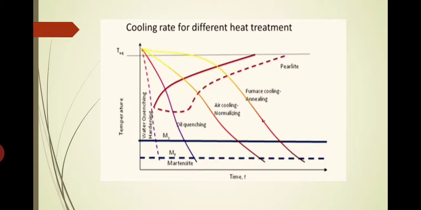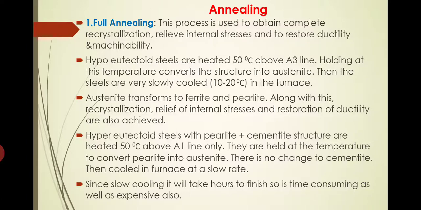For annealing, the cooling rate is very low. If it is normalizing, with air cooling, it is somewhat faster compared to furnace cooling. If it is oil quenching, then the product will be different. Both pearlite plus martensite will be the final product. If it is water quenched, we call it water quenching, and in that case the hardest structure will be obtained. That is what is known as martensite. So which product do we want as the ultimate product? Based on that, we will choose the heat treatment process.